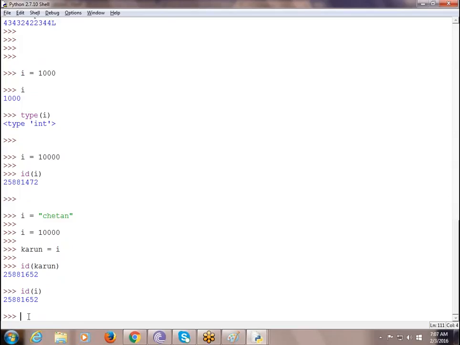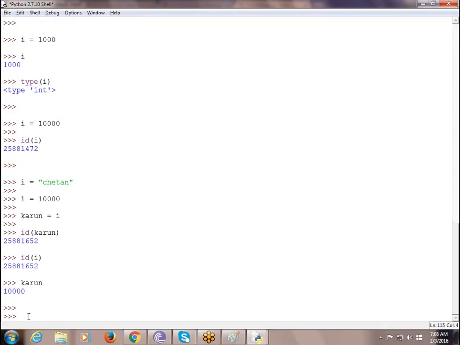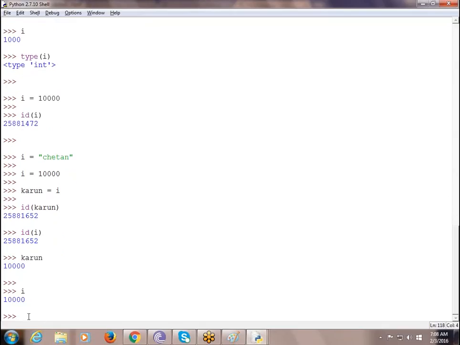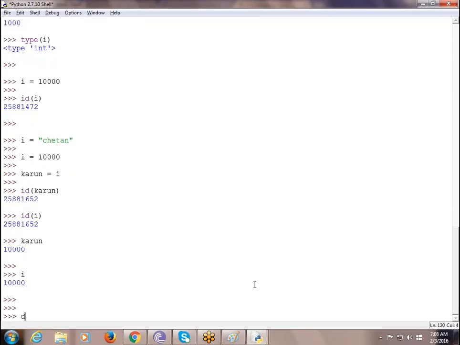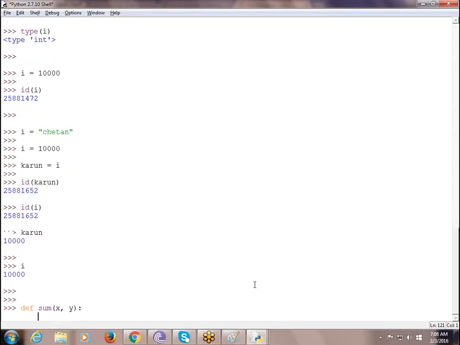The object locations are the same, right? So both the current variable and i are referencing the same object location. That is the reason I can access that 1000 using either the current or the i variable. In detail, we can look at an example. I will define some function here. Don't bother about the definition, just take the concept behind it.